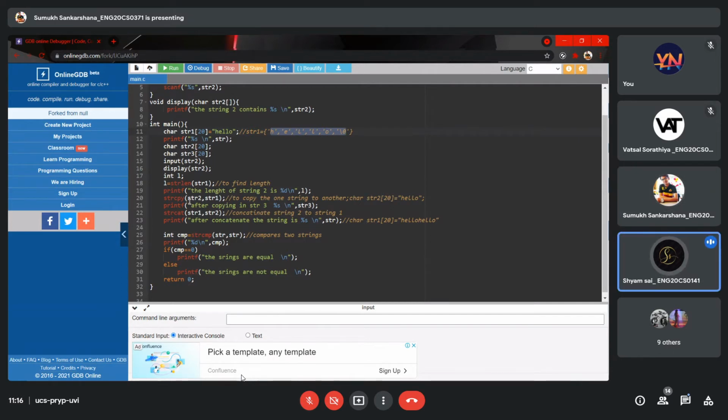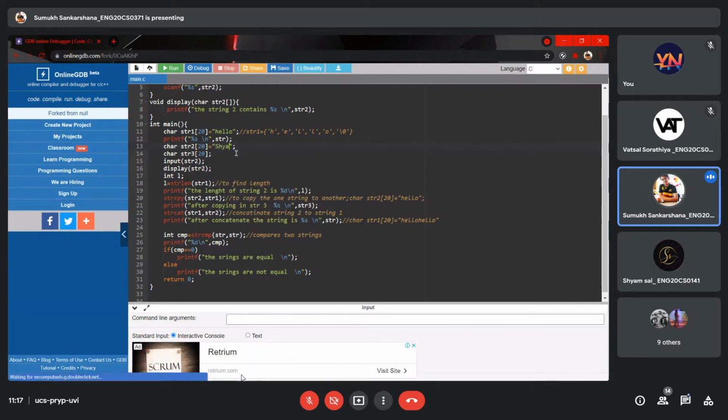So whatever is there in str1 will be copied to str2. Now suppose str2 has content in it. Let's say it has Sham. When we use string copy, what do you think will be the value of str2?